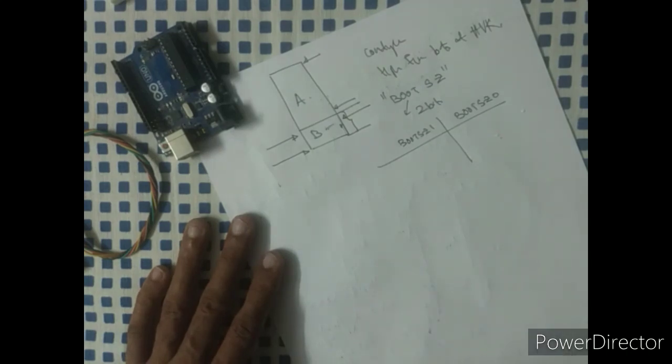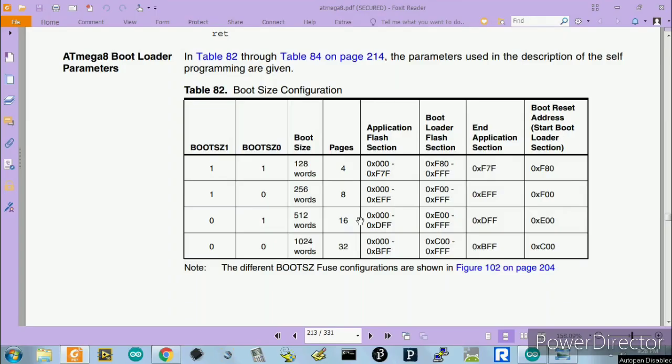Okay, I'll show the screen. Here we can see the boot size configuration. There are 2 bits to decide the boot size, and if both boot size bits are 1, then the boot size is 128 words, where 1 word is 16 bits, so 128 into 16 bits.